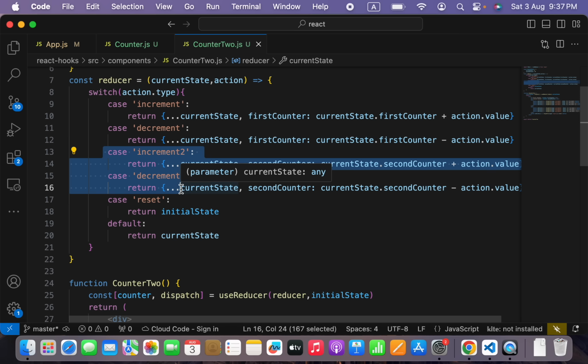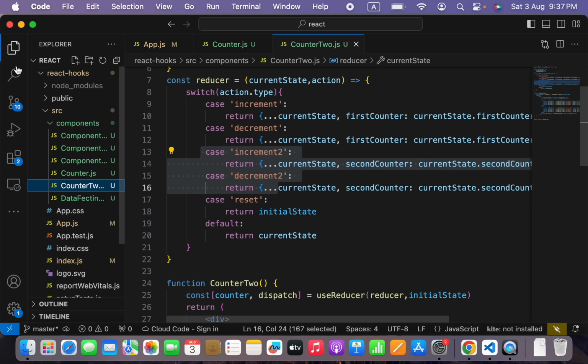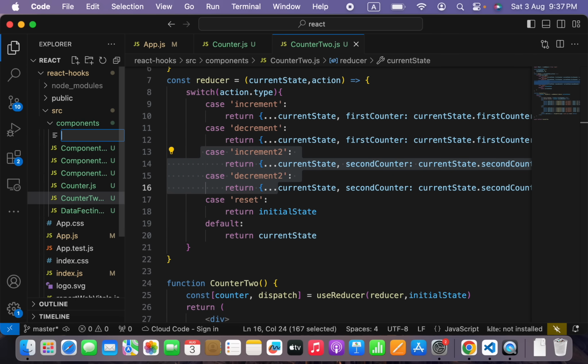And what I did in the last tutorial was to let you understand how we can deal with objects in useReducer. In today's tutorial, we will be learning how we can use multiple useReducer in case you have to implement similar functionality. Let's go ahead and try to create another counter called